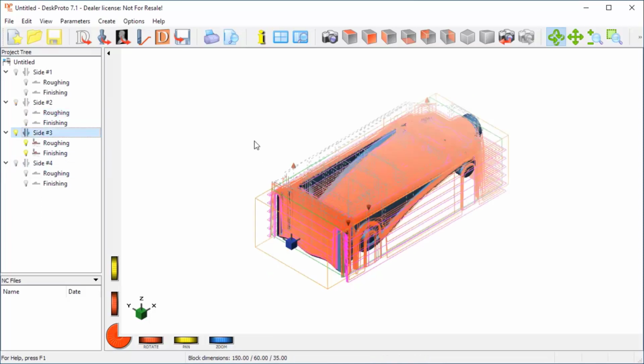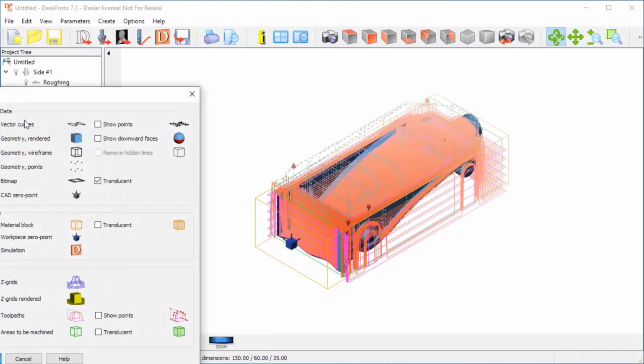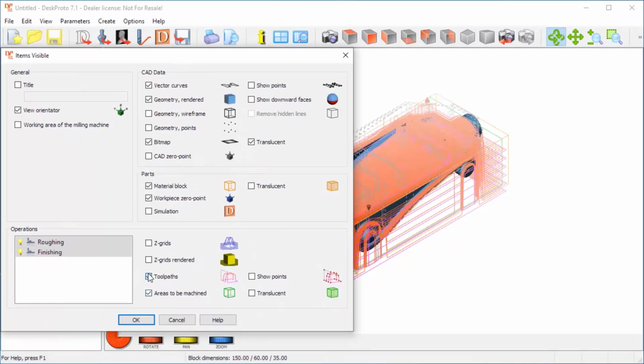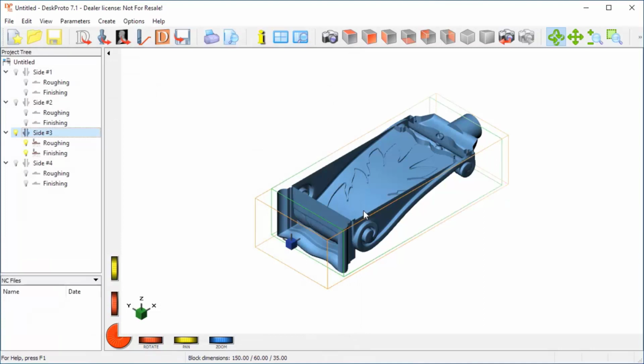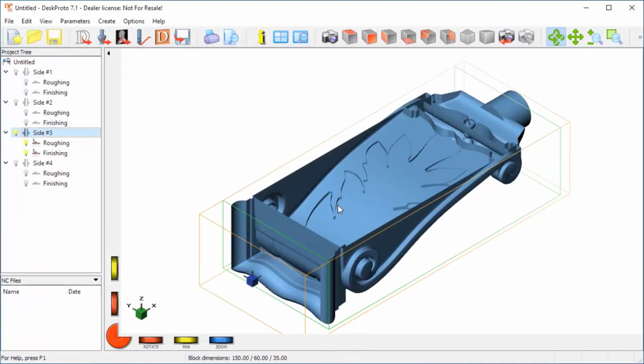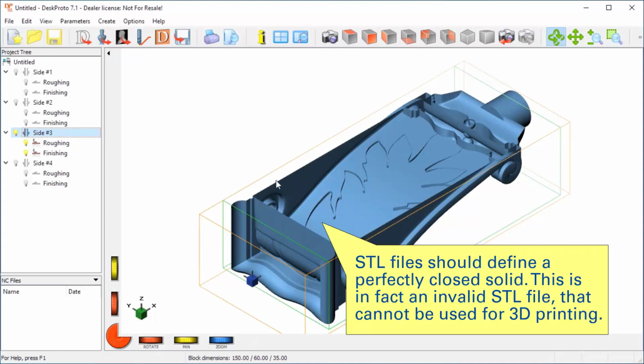Side 3 in this case is a special case. So let me switch off the toolpath. Here, switch off, and as you can see, the SCL file definition of this part is hollow. So we don't want side 3 to be machined at all, as then the result will be a hollow part with a side thickness of 0.